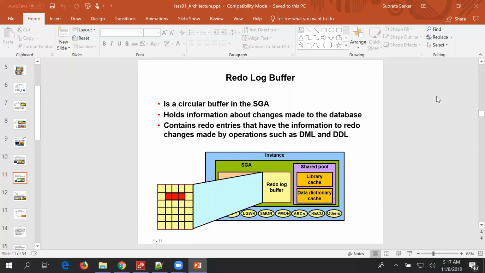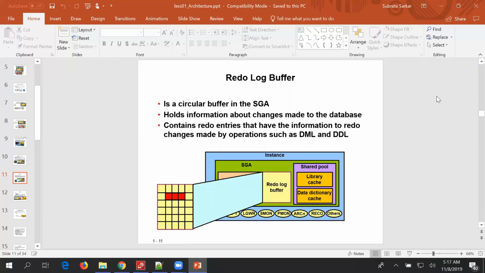That update statement is written in the redo buffer in an English-like form. This is the part of memory where Oracle will write that update statement. So what is the purpose? The purpose is that during recovery, these redo entries are required to rerun the SQLs which you have applied, because there was a crash, so you have to rerun the SQL.